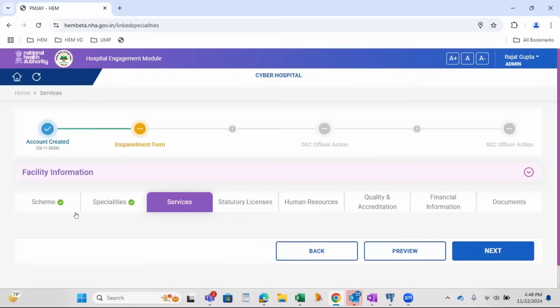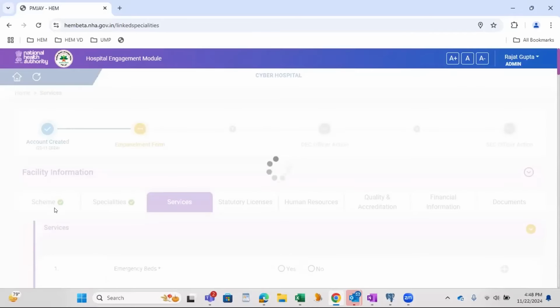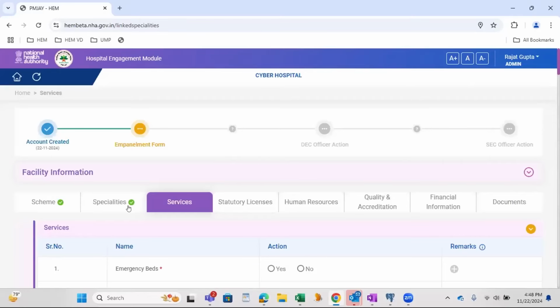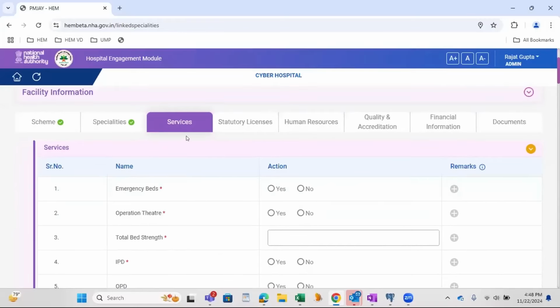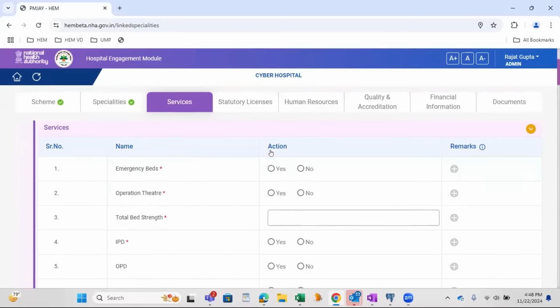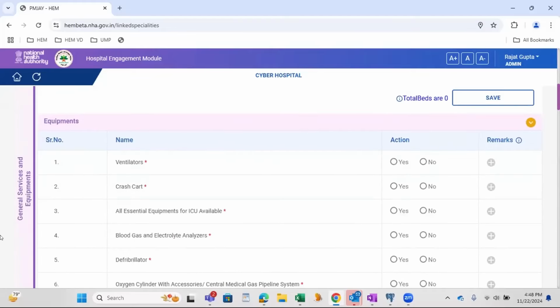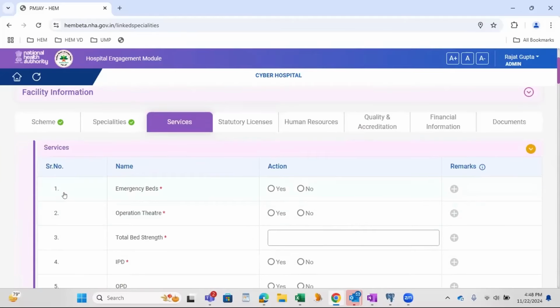So if you observe, the moment I fill the information and navigate to the tabs, the green tick will come in our form. Now this is a services section. So services section, we have all the services. These are general services and equipment details, which are subdivided into two subsections, services and equipment.